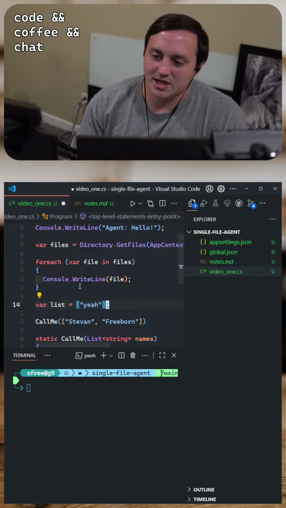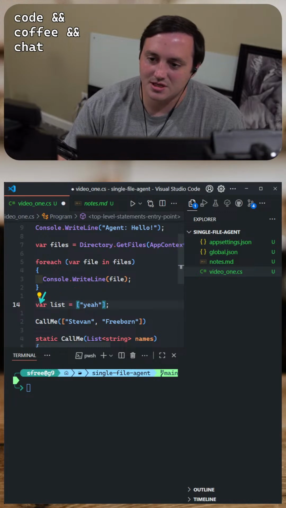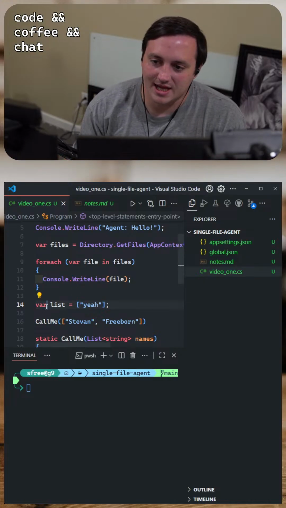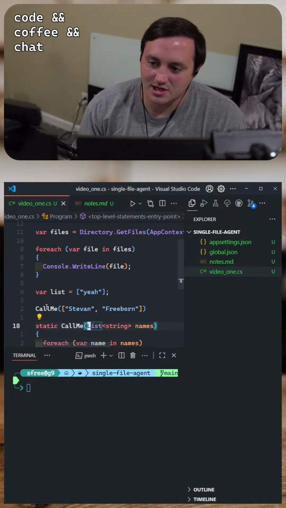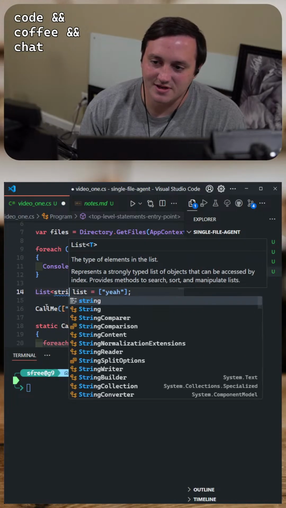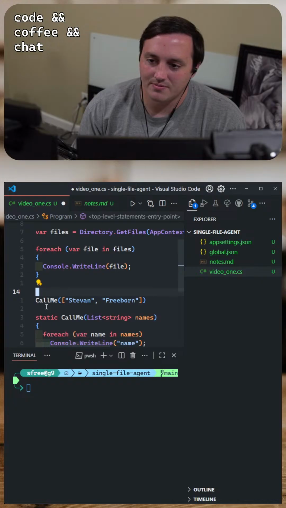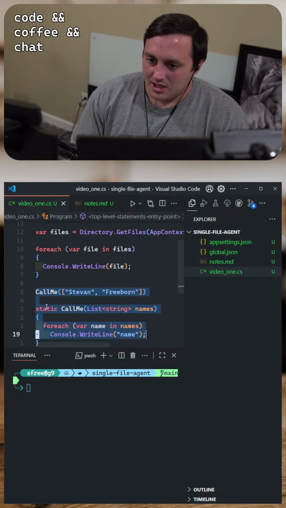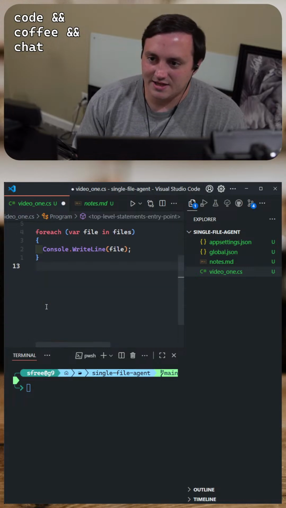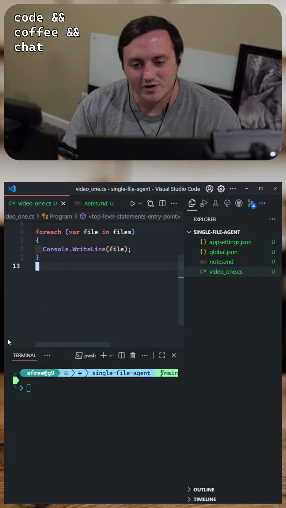You can't do this yet because the compiler still needs to know what the target type is for the collection initialization to work. So you have to have some target type, which is why you can do it here in a parameter or in a method call, because the parameter defines the target type. But if you're doing a variable declaration, then you have to define the target type ahead of time. At least currently. But yeah, they're doing all kinds of stuff like that to make C# feel more friendly, nicer, easier to work with.